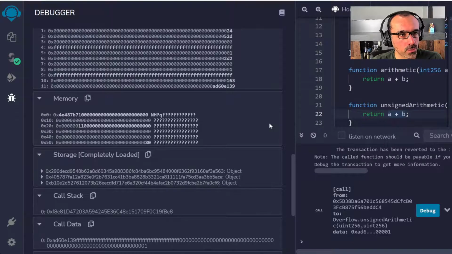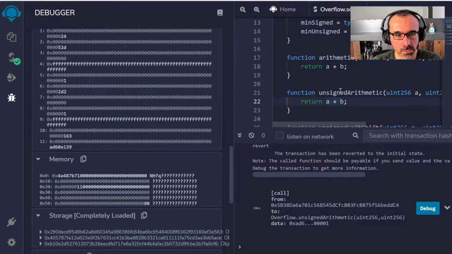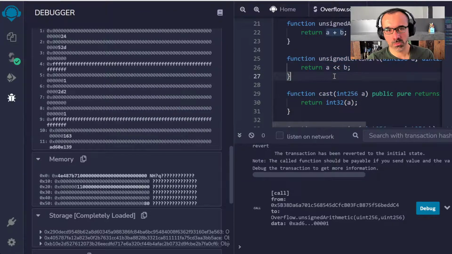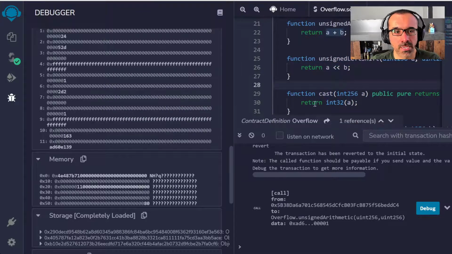All right, so that is pretty much what I wanted to cover. I want to finish with a few things. One is, I mentioned that Solidity version 0.8.0 by default will protect us against these arithmetic operations, but not so with shift or bitwise operations such as left shift or casting.